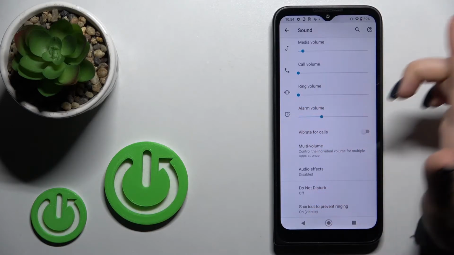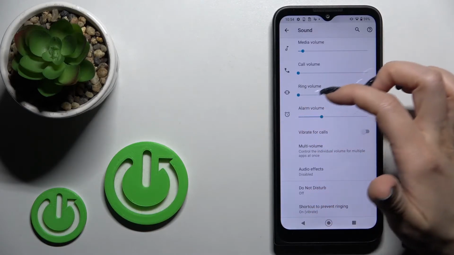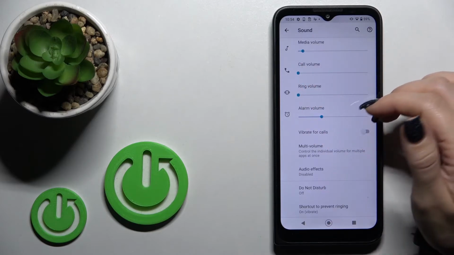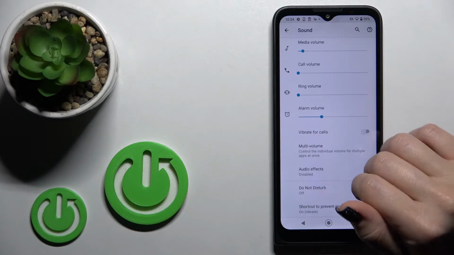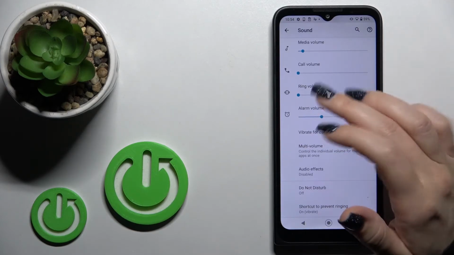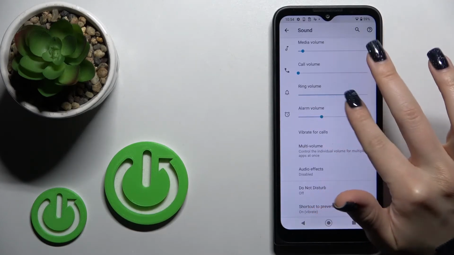And we can mute the notifications by swiping this dot to the left side, but we'll mute not only notifications, we'll mute also the ringtones. And if you want to stay with the ringtones here and you want to mute only your notifications, for example,